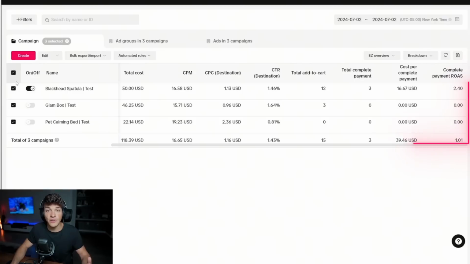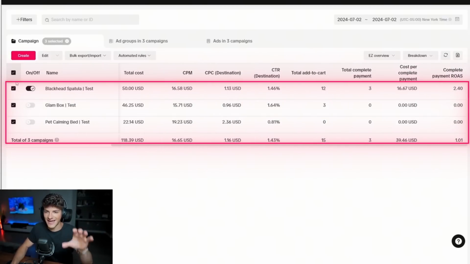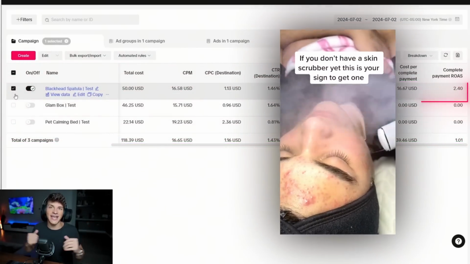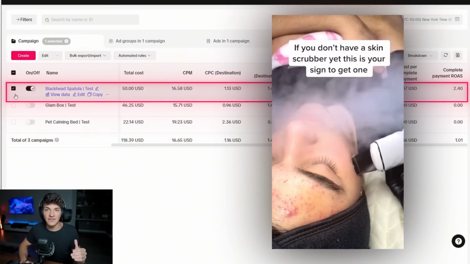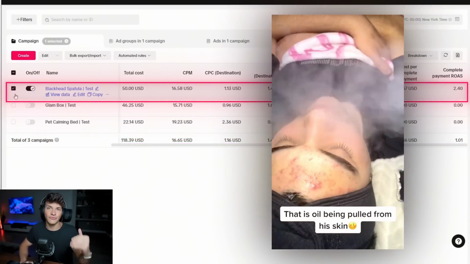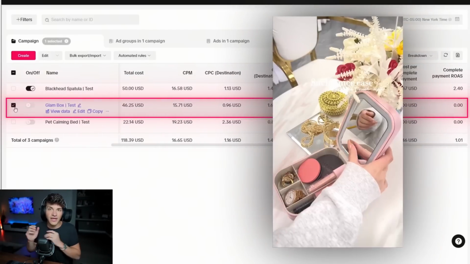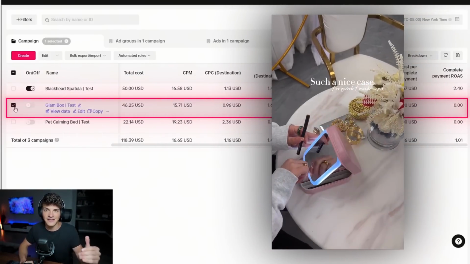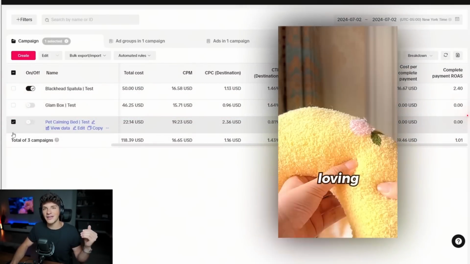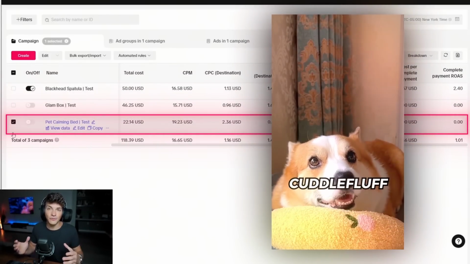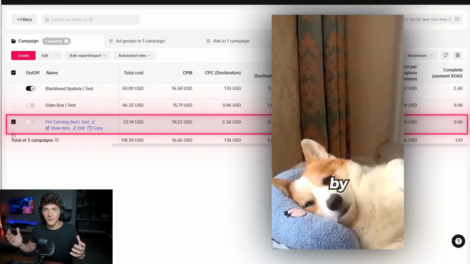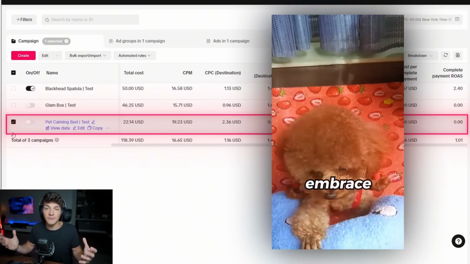And yesterday, we launched 3 products at the exact same time. First is the Blackhead Spatula. This is meant to give the customer more clear and radiant skin. Secondly is the Glam Box. This is a portable makeup box with a built-in LED. And finally, we have the Pet Calming Pillow. This is a cuddle pillow for your pet that is going to reduce their anxiety and help them stay more